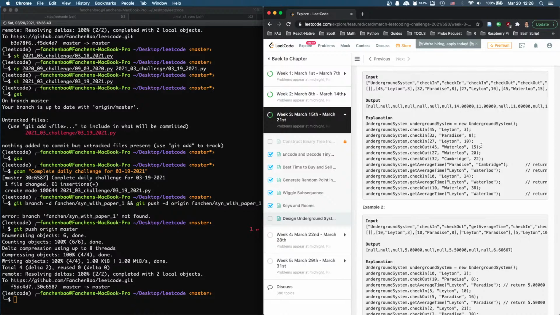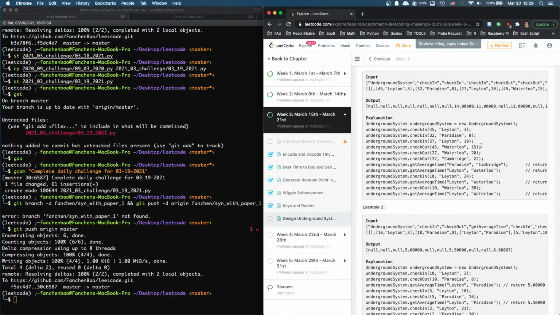Okay, do we even want to keep a customer? Well, every time we have a starting position, we can put that as the key. So we have a major dictionary with the starting position as the key, and each starting position will have another dictionary. In this dictionary, each key is the end station, and the end station is relative to the starting position. And then every time a customer checks out,